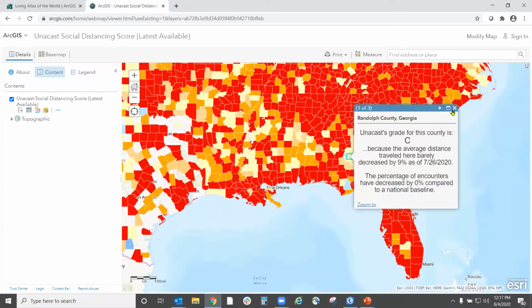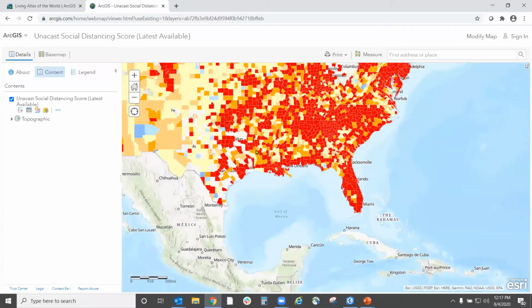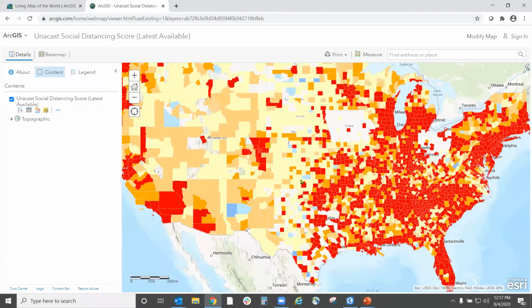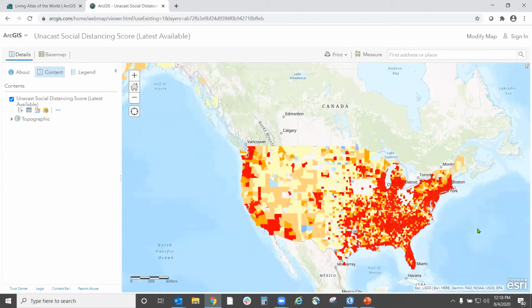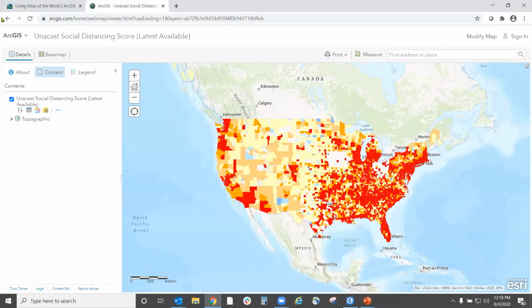There's a C. So if you're interested to see how your county ranks, you can pull this up in the browser of your choice, go to the Living Atlas, search for social distancing, and it will be right there. I've already found my county, and we've got a D-. So we've got to do a little better than that. I hope to come back to this map in a few days and see some of this red go away. But on a different note, let's go